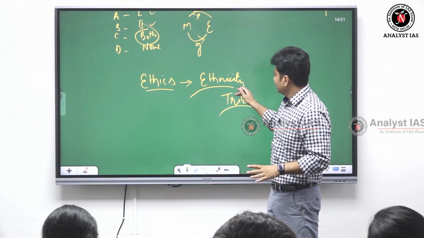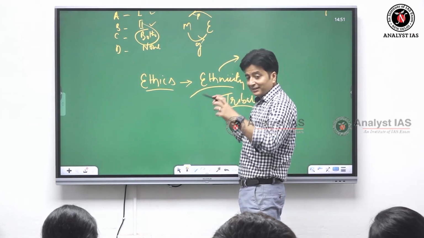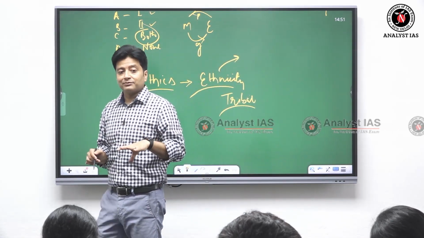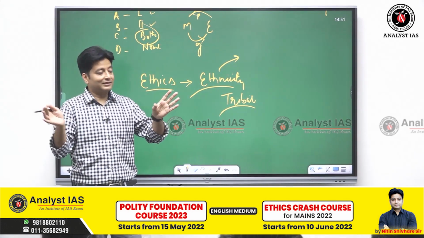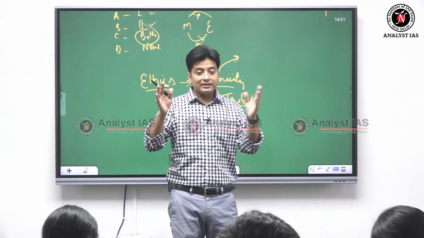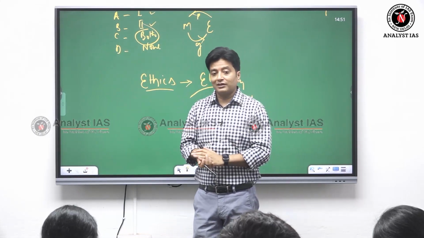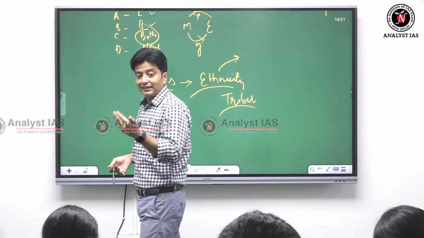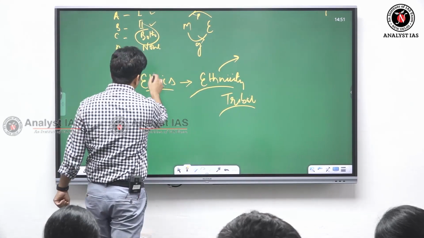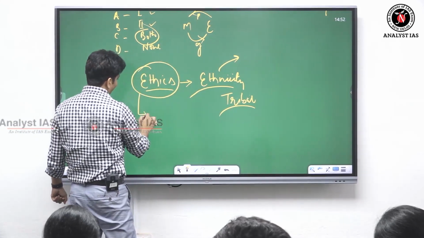So ethnicity is traditional, is group based, and sometimes stereotyped, not generally accepted. Whereas ethics may be generally accepted. For example, honesty is the best policy. Is what? Is sometimes ethics. Yes or no? Now, if I connect the law